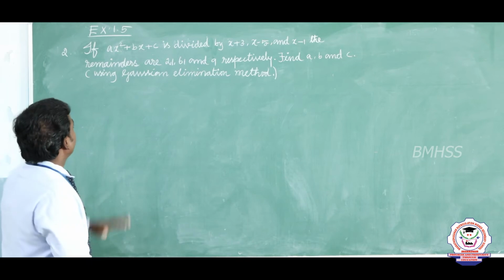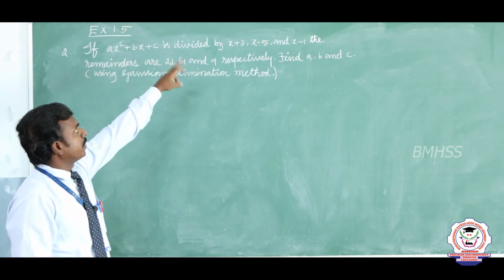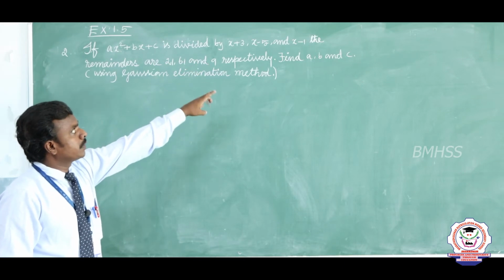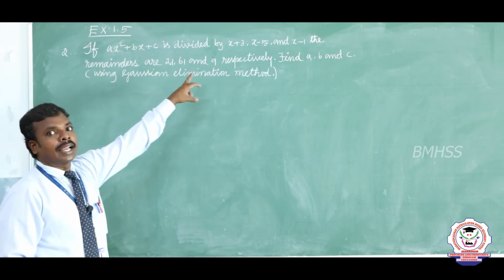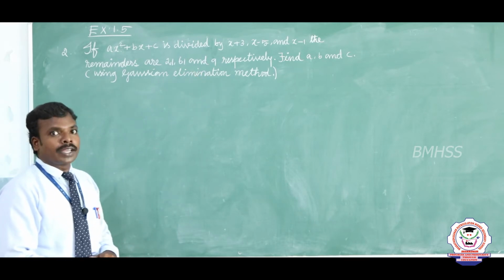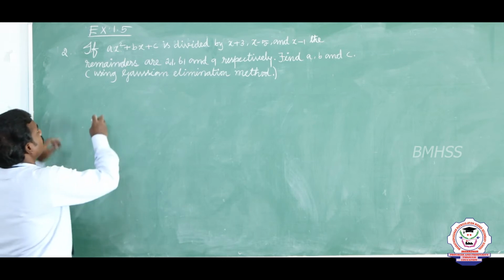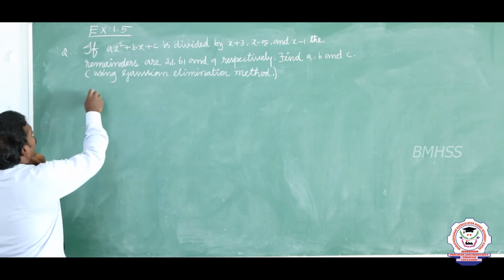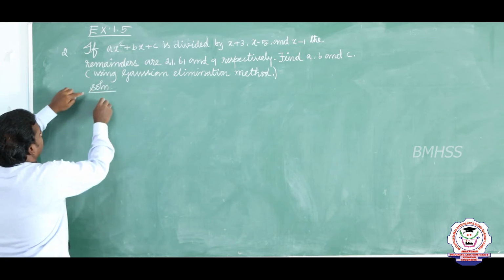Listen to this. They have given that ax square plus bx plus c is divided by x plus 3, x minus 5 and x minus 1. The remainders are given as 21, 61 and 9 respectively. So we have to find the values of a, b, c. So I am going to use the Gaussian elimination method. Before that, in the solution, let